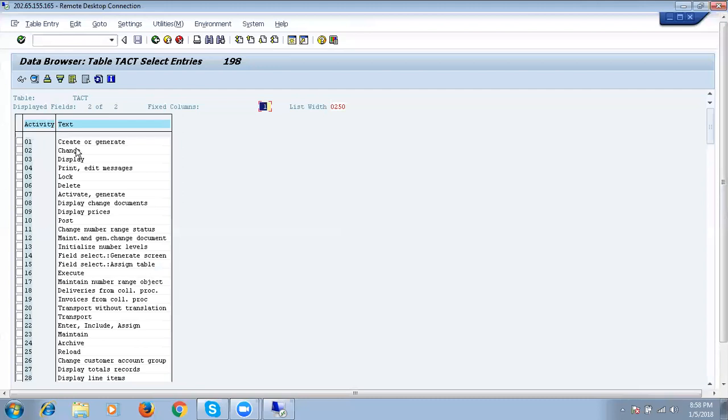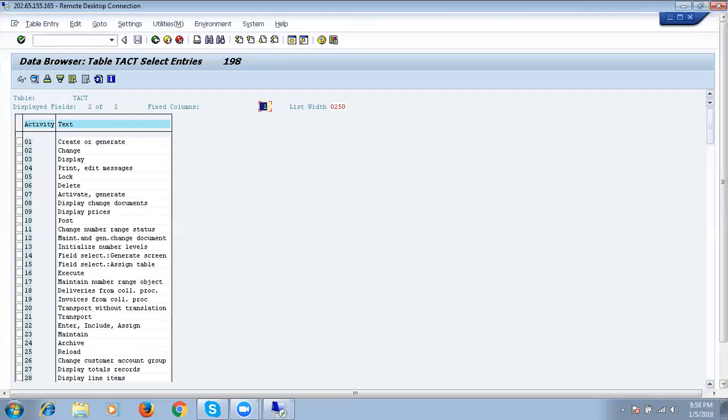This is create user ID permission, create user ID. So here create permission, this is change permission, this is display permission. Display permission means only view permission. Okay, I got it.